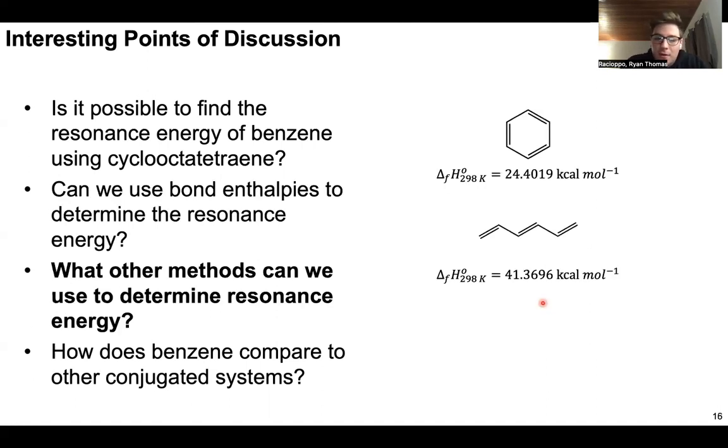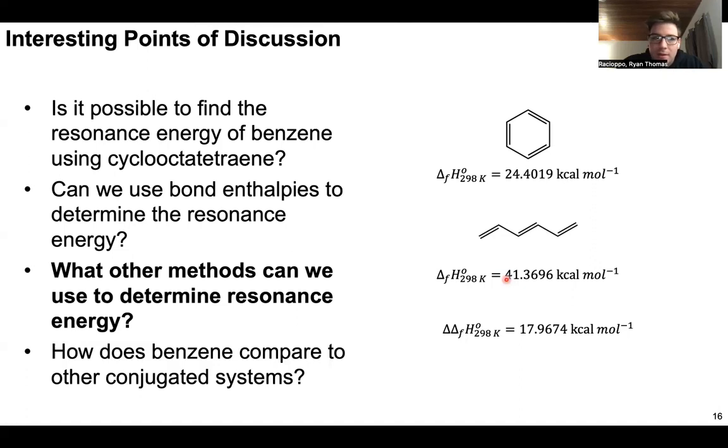Some other methods we could use are to compare benzene with the basically non-cyclic version of the molecule. And again, I calculated these formation values using Cygress. The difference between them is about 17.9 kcal per mole, which interestingly is about half of what we concluded from the isodesmic Cygress results. So I'd be curious to look into more about how we can close the gap between our Cygress results and our results for the isodesmic reaction, and comparing these two molecules and how the cyclic nature of benzene